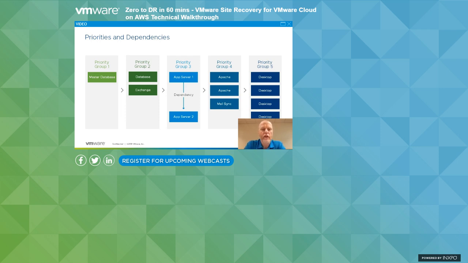Getting into some of the details of recovery plans and the capabilities there. Site Recovery has a couple of different ways that it can make sure that your VMs start up in the order that you want them to. You can separate your VMs into up to 5 different priority groups, and then within those priority groups, we can define dependencies. And the way that SRM and vSphere Replication and VMware Site Recovery work